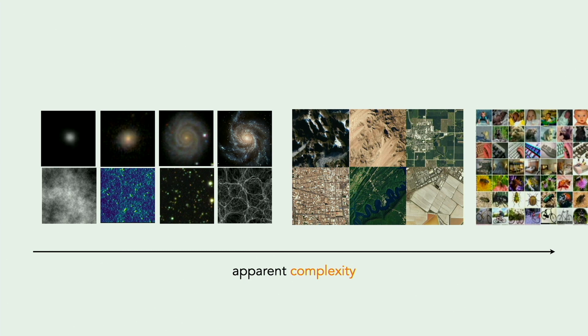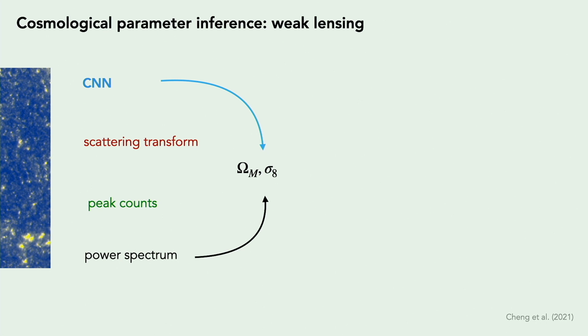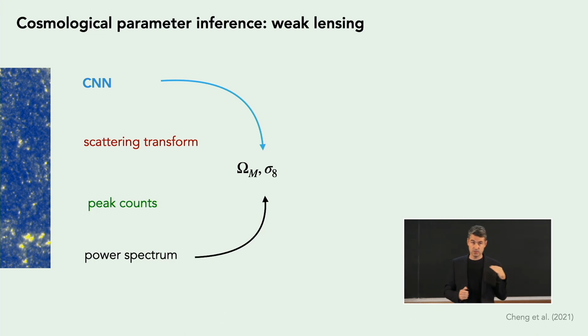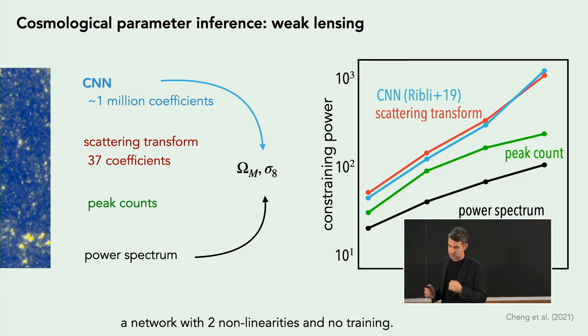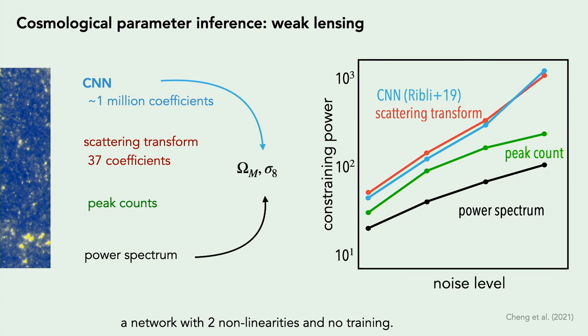I would like to use one example, using a slide from Sihao Cheng's talk. He did an experiment where he tried to infer cosmological parameters from lensing simulations. He did that with a number of techniques. One was the state-of-the-art CNN that led to a Nature paper. And he used other techniques, including one called the scattering transform, which is very interesting, and I learned a lot from it. What he showed is that the scattering transform here, which is a mathematical neural network which has no training and just 2 layers, performs as well as the state-of-the-art CNN, which in this case has about 1